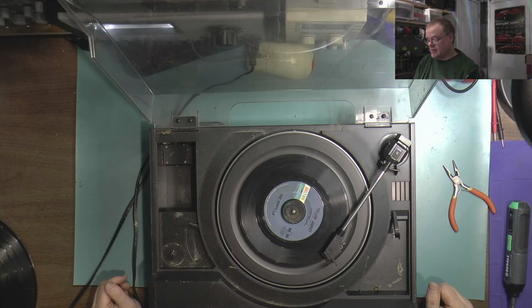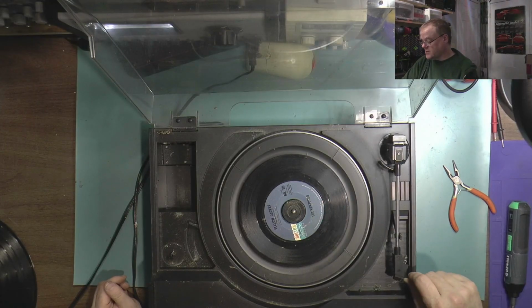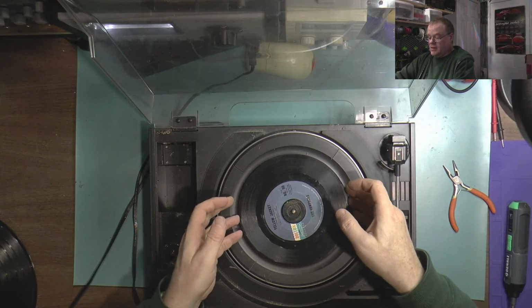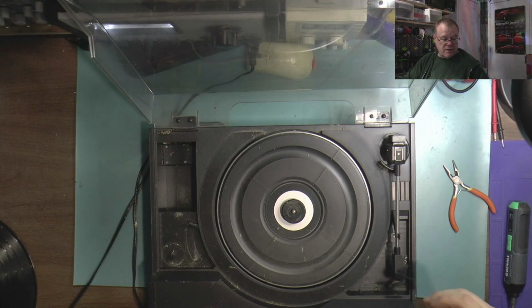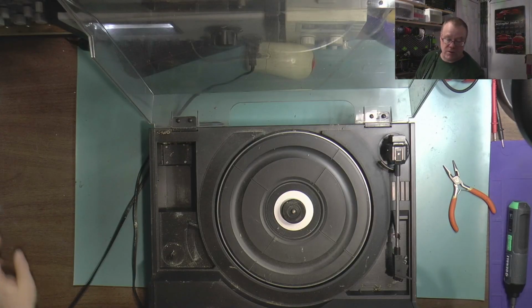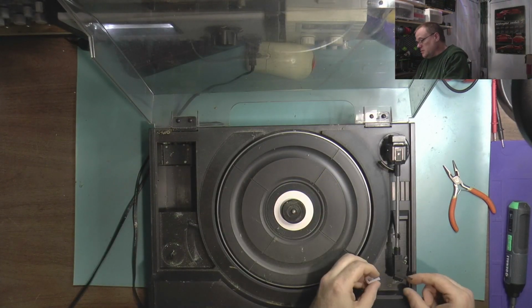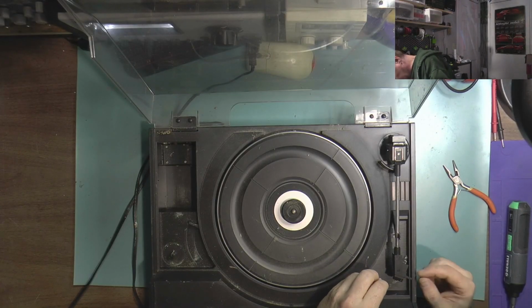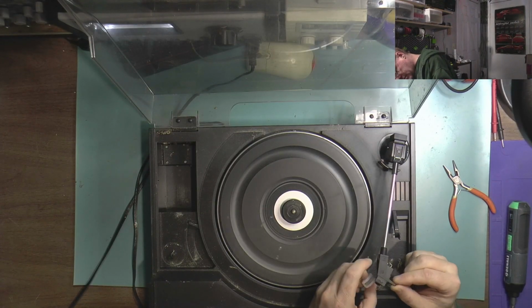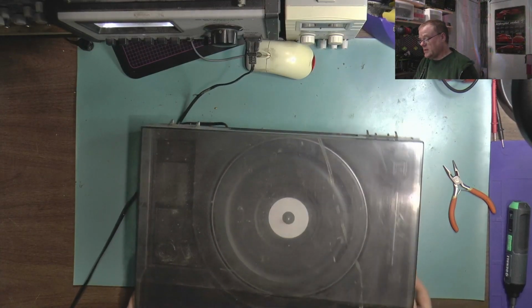Oh, wow. Yeah, okay. That's going nowhere. All right, so yeah. And the record player's shot. So hopefully it's a belt, not a crappy driver. I'm going to put the cartridge thingamadoodle back on here. Question is, how do we get into this thing in such a way that it doesn't...